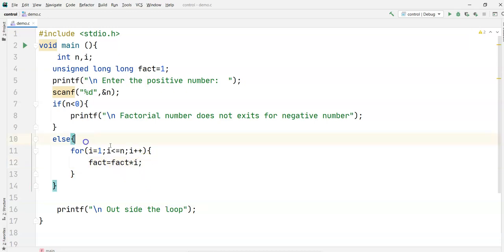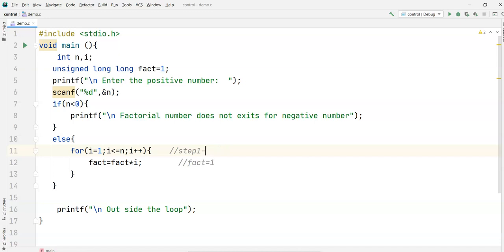So now see here, I'll write a comment here. Step 1, what is happening? I is 1, 1 less than or equal to 5, because I'm assuming that you are going to give 5. Step 2, step 3, block will be executed, right side part. Currently fact is how much? 1, I is 1, 1 into 1 is 1. So fact became 1. Then I becomes 2.